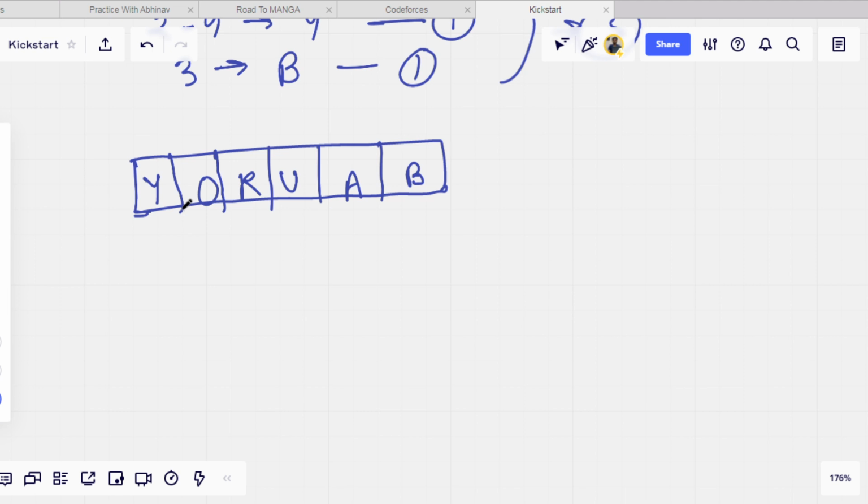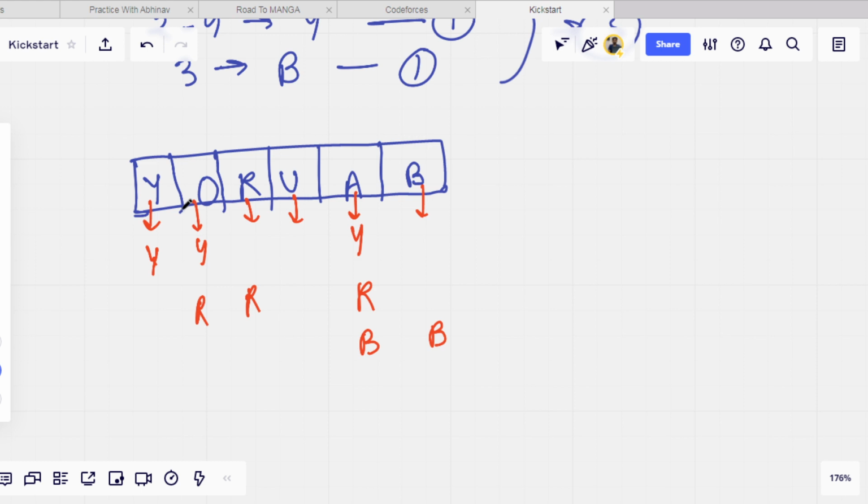So for yellow, the color required is only Y, capital Y. For orange, the colors required are red and Y. Write it like this, Y and red. For red, it is just red. For uncolored, no colors are required. For gray, the colors required are Y, means yellow, and red and blue also. For blue, the color required is only blue.